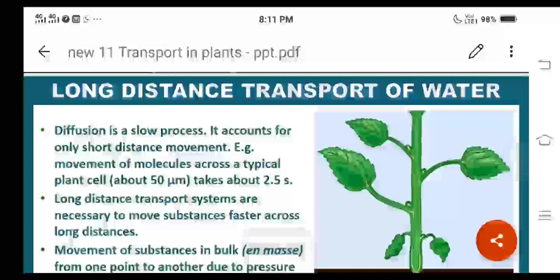In this experiment, we are going to place a twig, a plant twig of the balsam plant. It shows the formation of white flowers. We are going to place this cut twig in colored water. Colored water means, in water we can add a few drops of stain or dye, for example saffron.